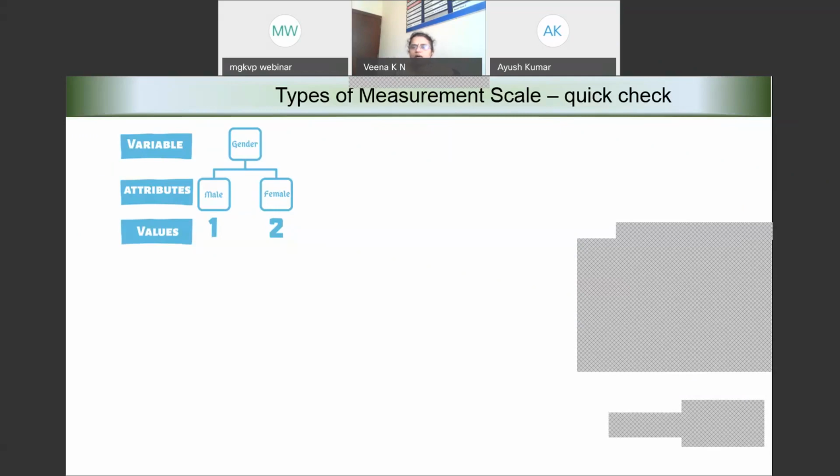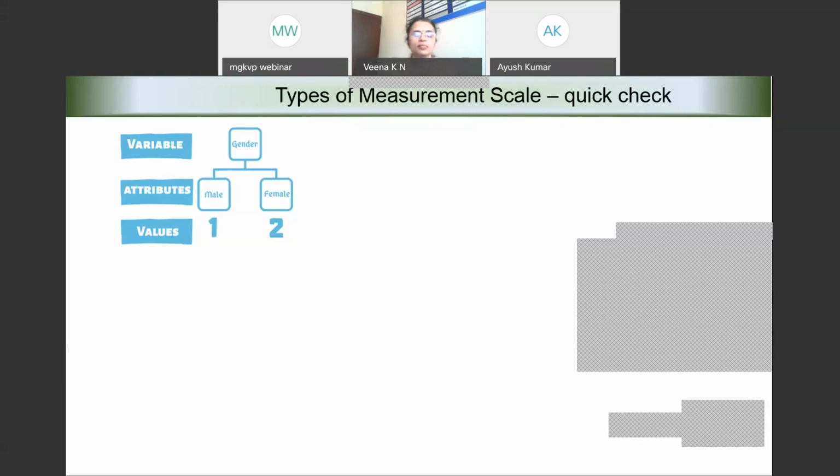One answer says nominal. Any other person answering this? Others are thinking. You need to be fast. Okay, nominal. One more answer also is coming as nominal.